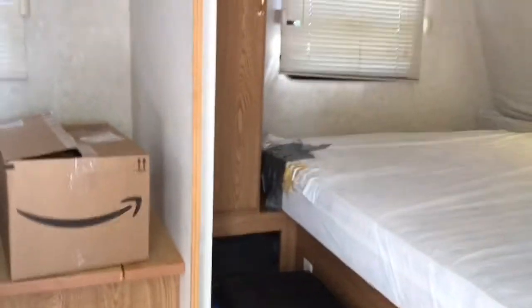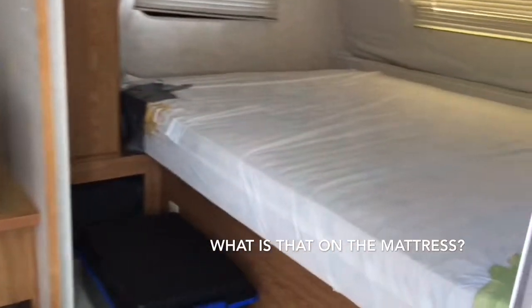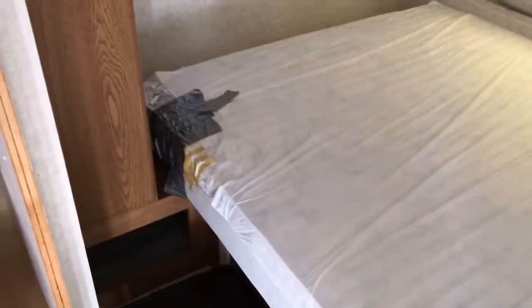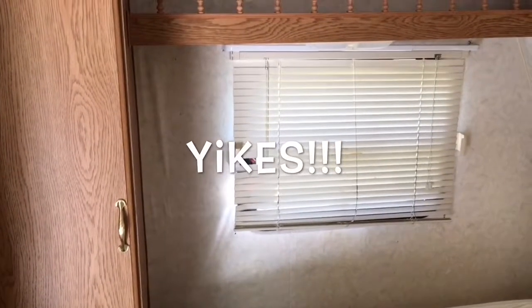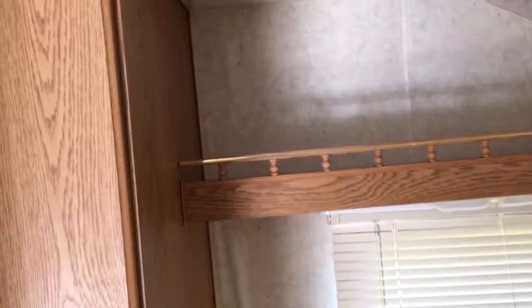Alright guys, here's the inside of the trailer. Walking in from the front door, we got the master bedroom right here. This is where most of the problem was. We knew when we bought the trailer. Don't mind the mattress cover. The previous owner had some duct tape on there, I guess it was coming apart. But there is a little bit of water damage. You can see on the blinds there some water staining, and you can see there was some water that got